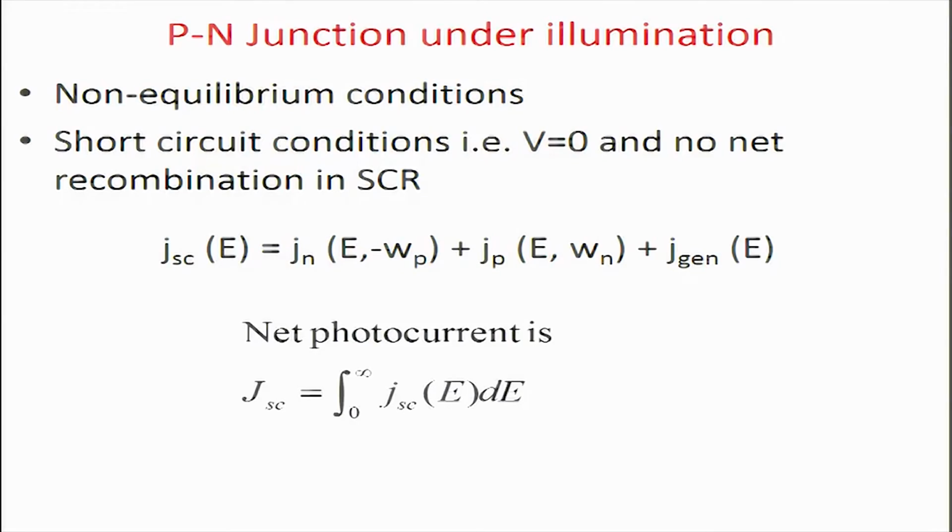Now, let us look at the condition of the p-n junction under illumination. When you have a p-n junction under illumination, we create what are called non-equilibrium conditions, because you suddenly flood the semiconductor with a lot of carriers and energy levels move up and down. So, Fermi levels, for example, and both N and P concentrations increase rapidly within the semiconductor, and as a result you have a huge increase in the carrier density on both sides.